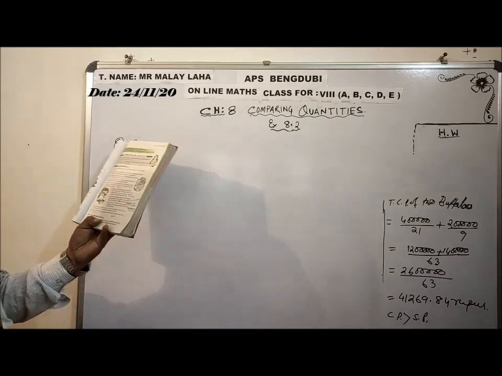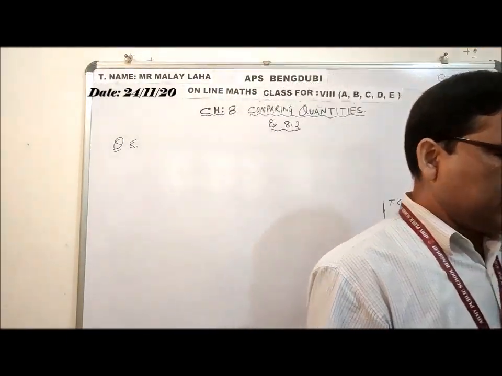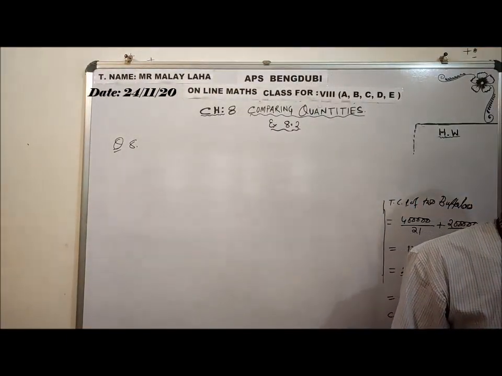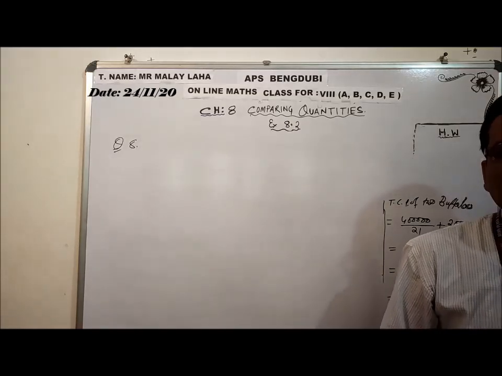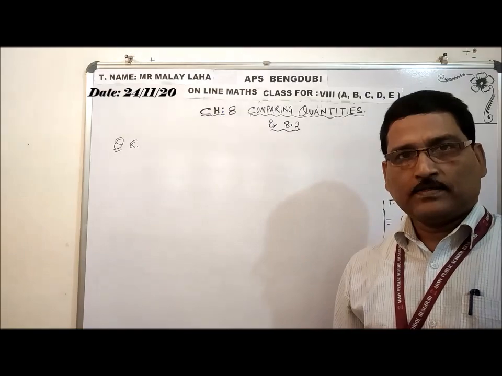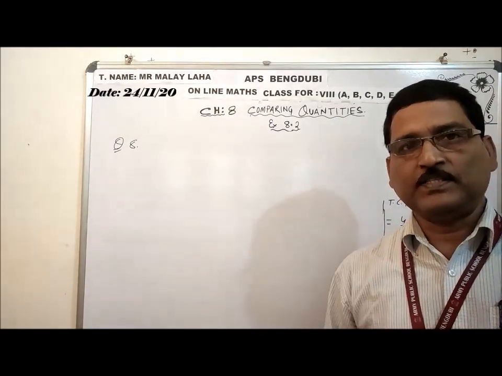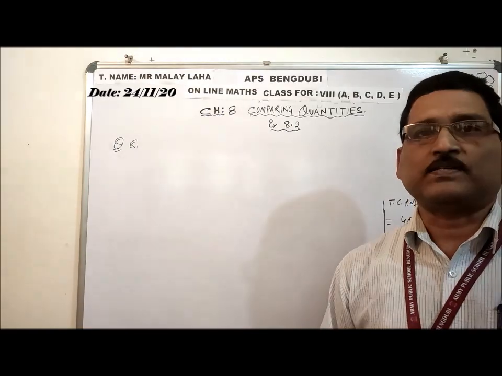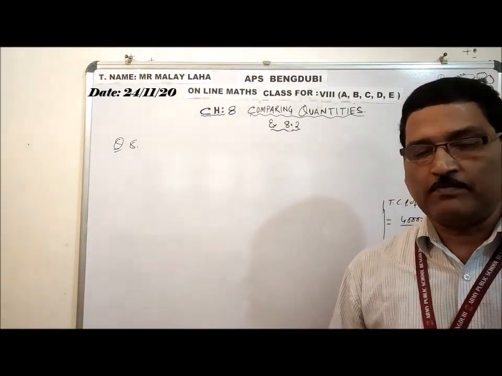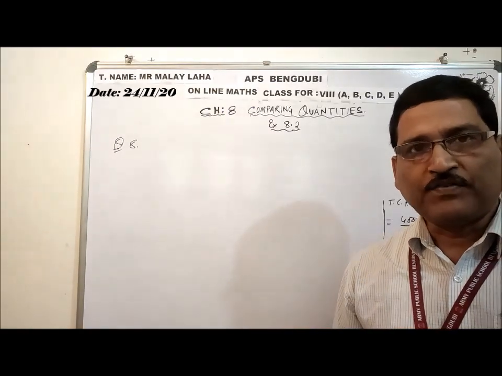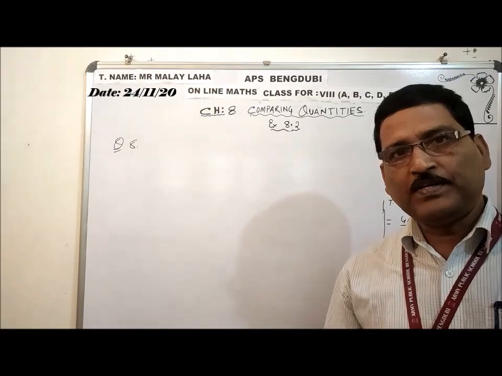Question number 8. The price of a TV is 13,000. And the sales tax charged on it is 12%. Find the amount Binod will have to pay to buy this. So tax is an increased percentage. So in case of profit percentage, you just write down the tax percent. But nothing else is there. You have to find out the selling price of the item for the shopkeeper. And whatever I am paying, that is, in my case, my cost price.